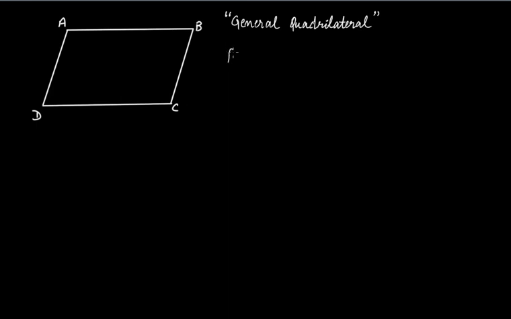We know that a parallelogram is a quadrilateral, right? Why? Because it has four sides. And the formula to calculate the area of a parallelogram is base multiplied by height. We know that the trapezium is also a quadrilateral because it has four sides, and any four-sided polygon is actually a quadrilateral. And the formula to calculate the area of a trapezium is half multiplied by height multiplied by the sum of the parallel sides.